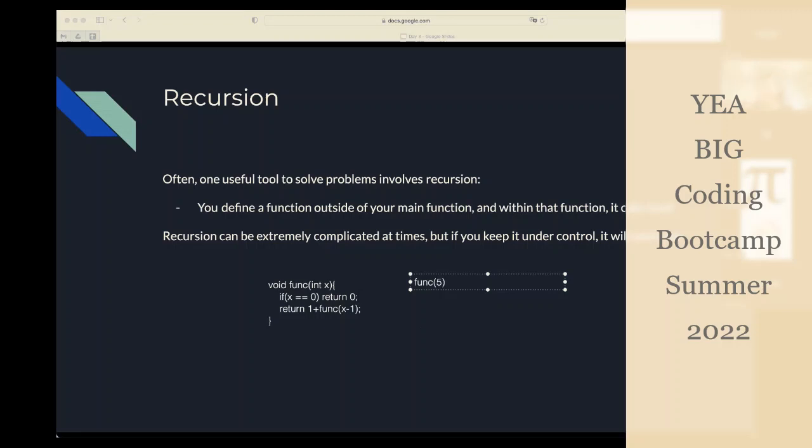You have func 5 on the stack. Now it calls func 4, but before func 5 returns, it has to evaluate what func 4 is. So it'll put func 4 on the stack. And then to do that, it'll do func 3. And then it'll do func 2. And then it'll do func